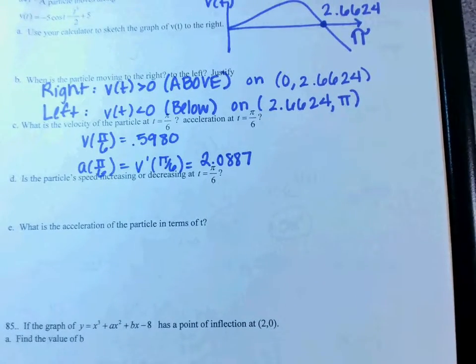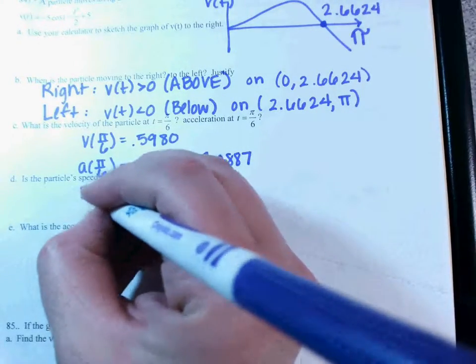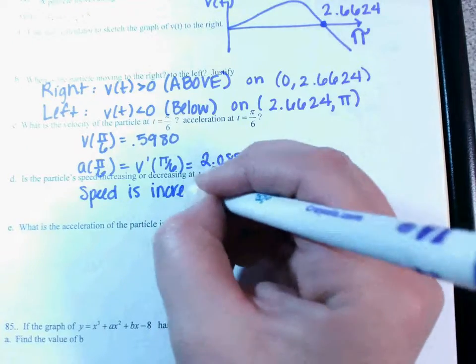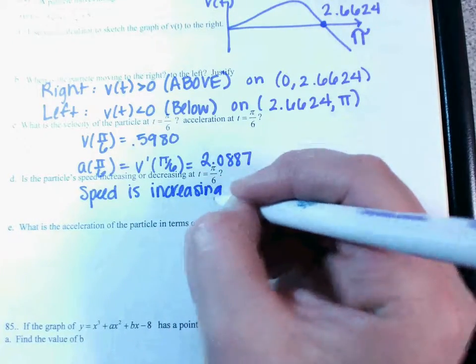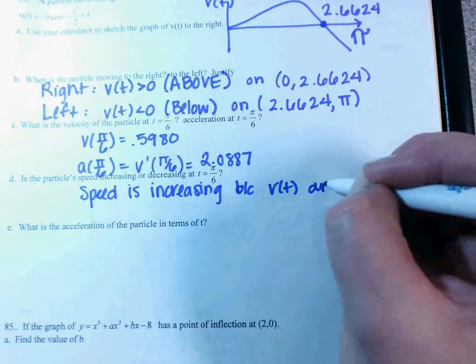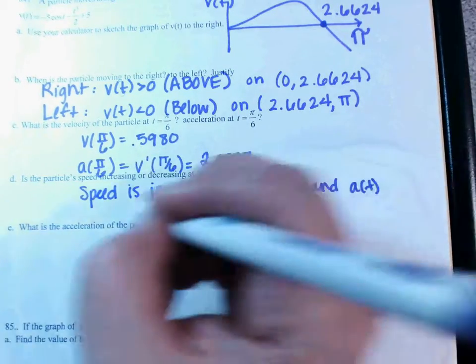says, is the speed increasing or decreasing? How do I tell that? The signs, are they the same? Yes. So my speed is increasing. A lot of y'all missed points on your test 1 and 2 because of this. What is wrong? Don't say it out loud. What is wrong